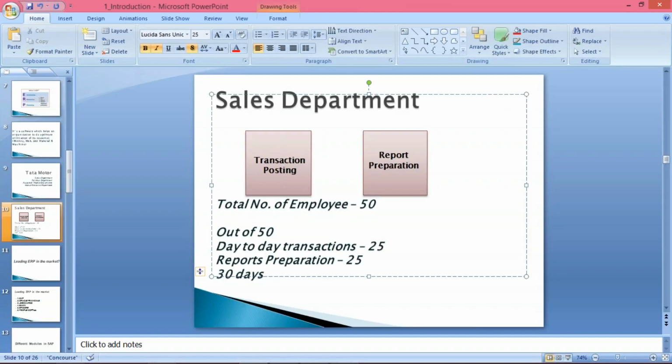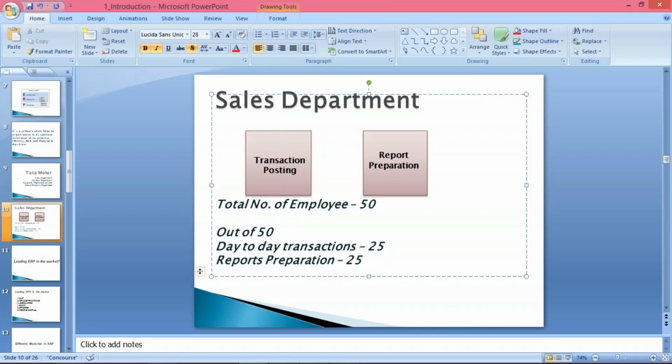So now let's suppose there are a total of 100 customers. Out of 100 customers, from 30 days onwards, let's suppose there are some customers who have not made payment even after 3 months. There are some customers who have not made payment even after 6 months. There are certain customers who have not made payment even after 1 year. So these kinds of reports management wants, so that they can decide what future actions we are going to take against those customers, isn't it? So several such reports are required by the management.